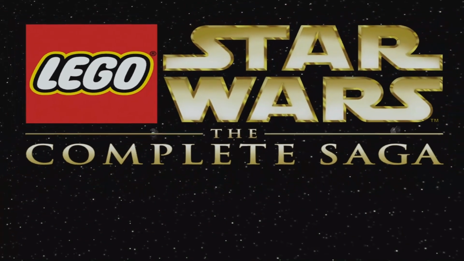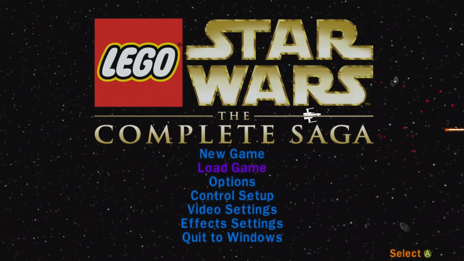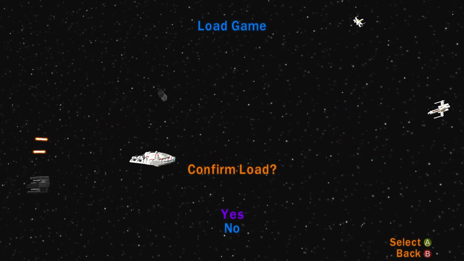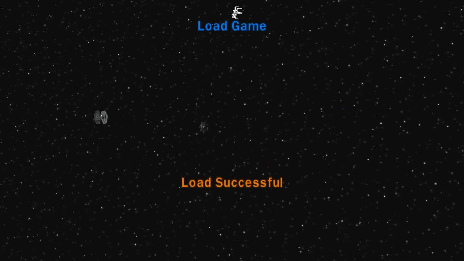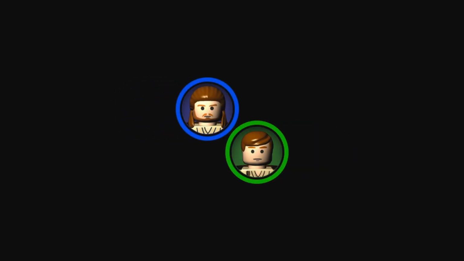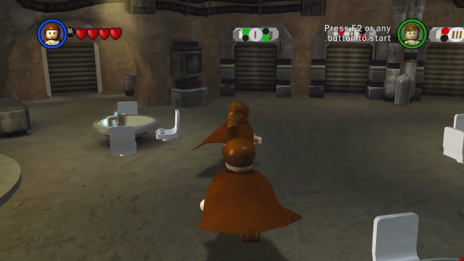And I do have a disc copy of Indiana Jones, Lego Batman 1 and 2. Yeah, so just the save file. Oh, I should have given myself some more characters, because I'll only have Qui-Gon and Obi-Wan since I copied an empty save file. So I'll just have to walk all the way over to TC-14.